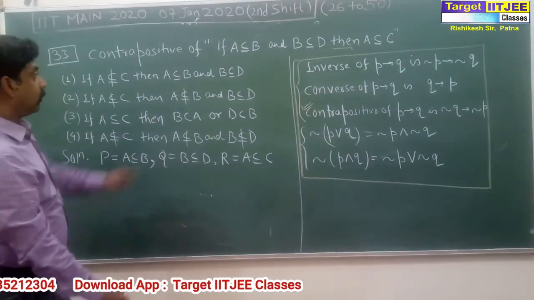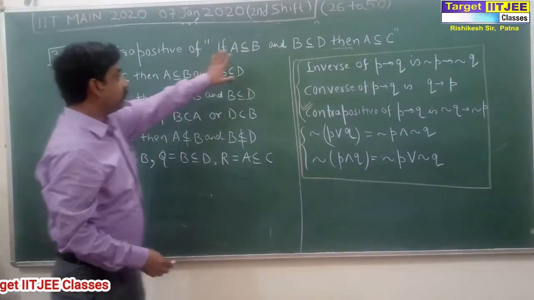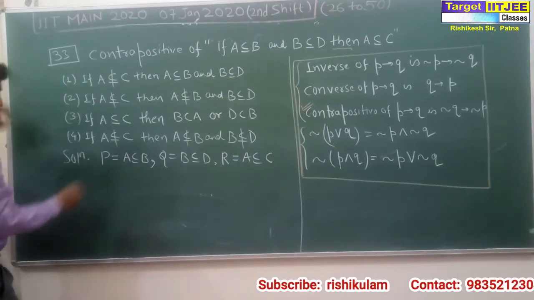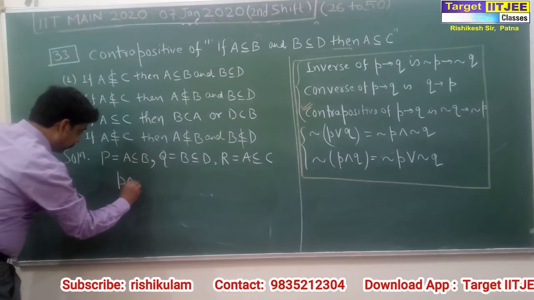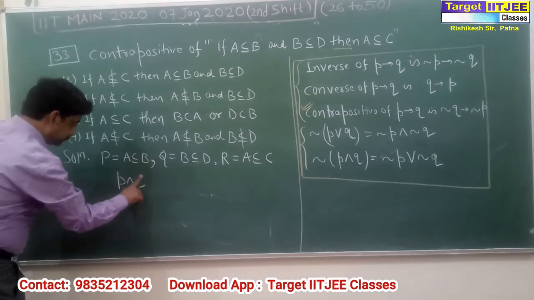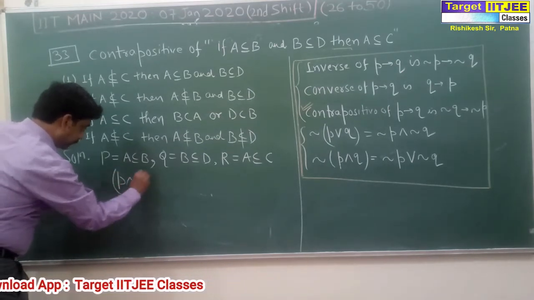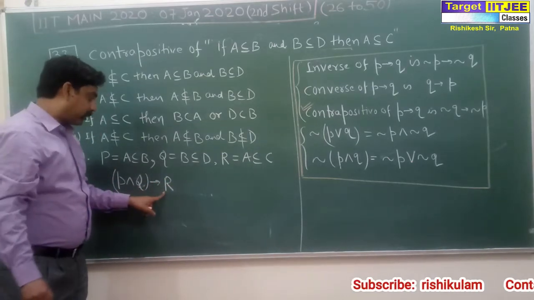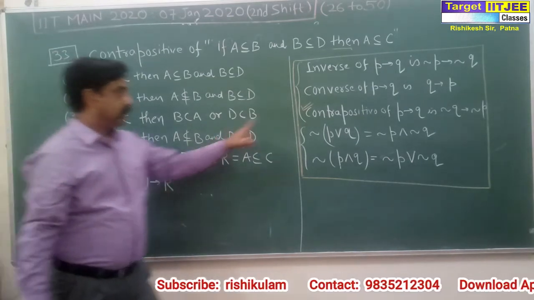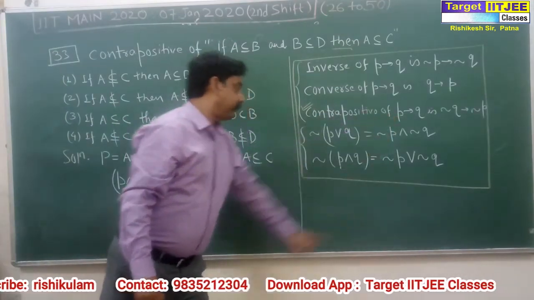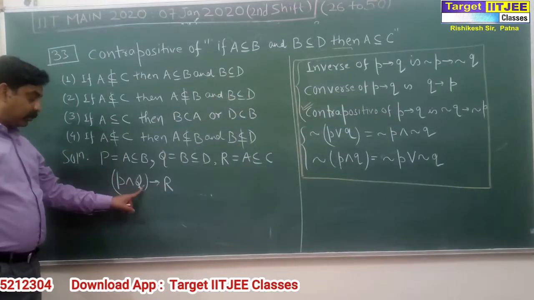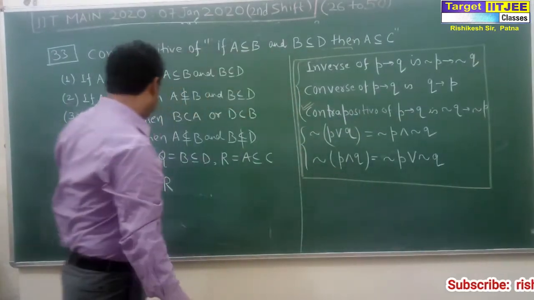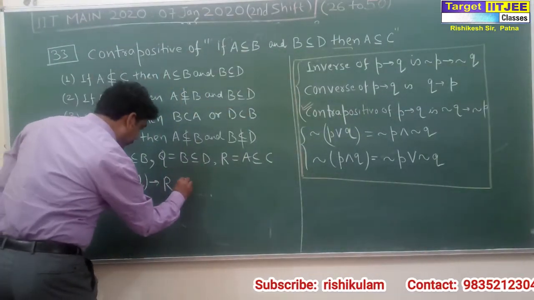Now see, what is this? If P and Q, then R, and we have to find the contrapositive of this statement. See here, for P we have P and Q, and for R, this one. What is the contrapositive? Its contrapositive is